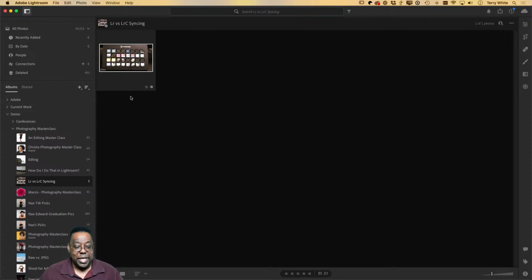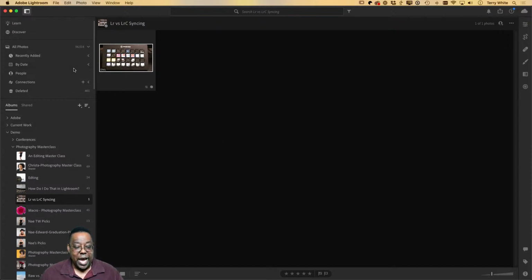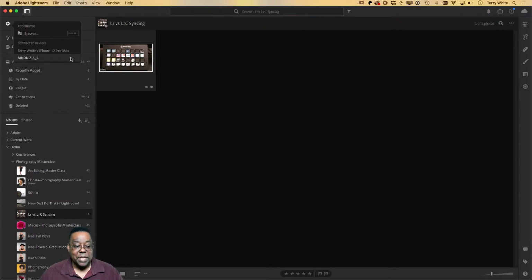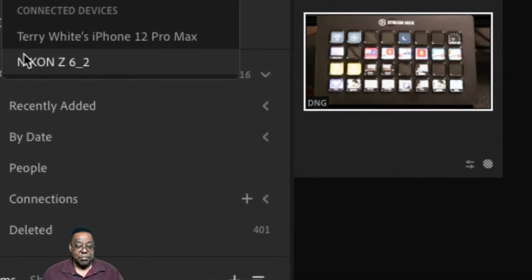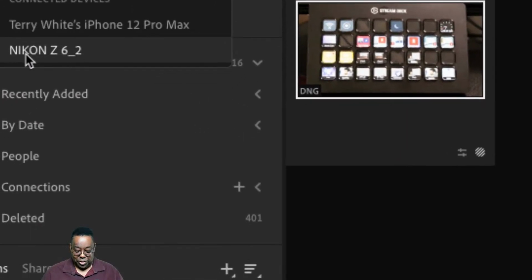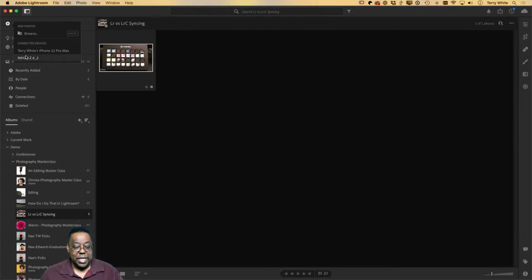So I would have to go in and say that I want to add photos at the very top here. When I click add photos, it will show me a list of all the devices plugged in: my phone's plugged in, and my card reader's plugged in. So if I then say, yes, use the card reader, it will show me the two photos. And notice Classic only showed me the new photo because it had already brought in the other one. Lightroom doesn't really understand that the other one has been brought in because it was synced from Classic as a smart preview. So it's saying, well, I can bring them both in full resolution if you want. We'll talk about that in a minute.